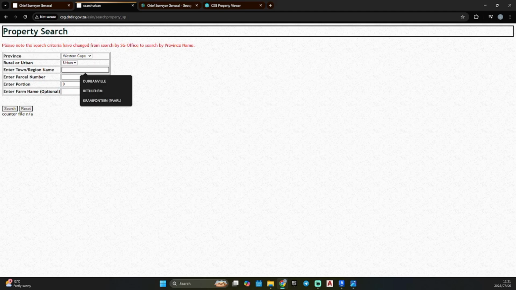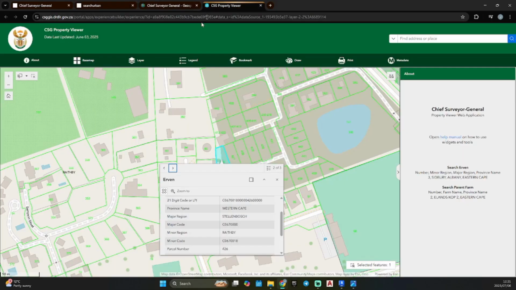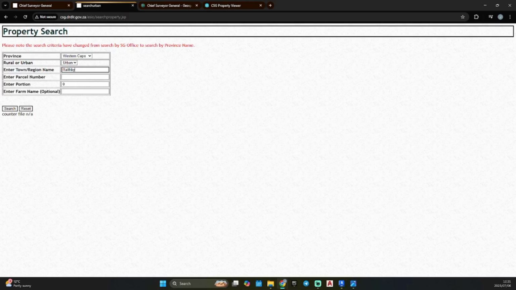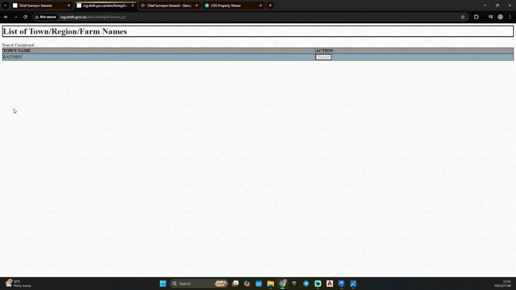For the region name, that's where the minor region comes in, Raithby. Go back to our other viewer, we can either write it in or copy the minor region and then paste it in there. And our parcel is 426. No portion number, and the farm name is optional to edit. With all this information we have given it, you can hit search.